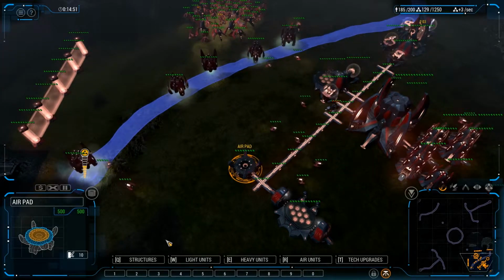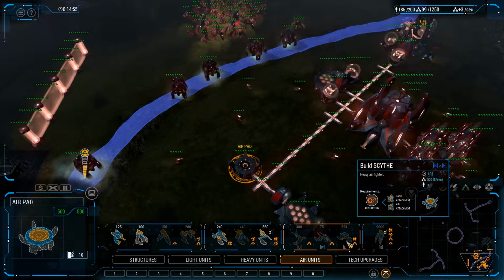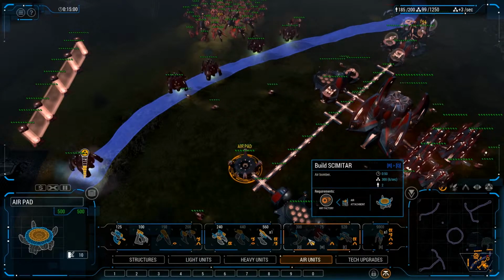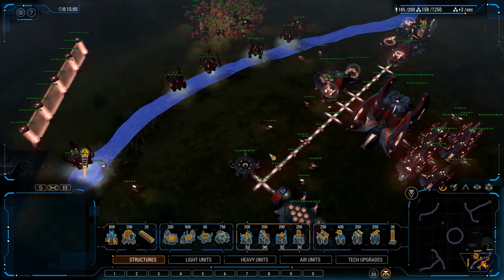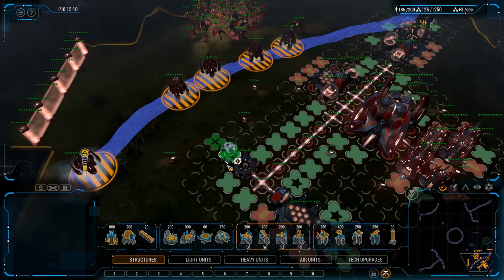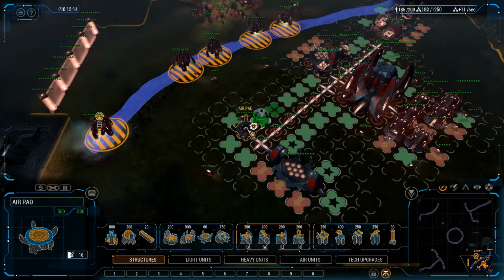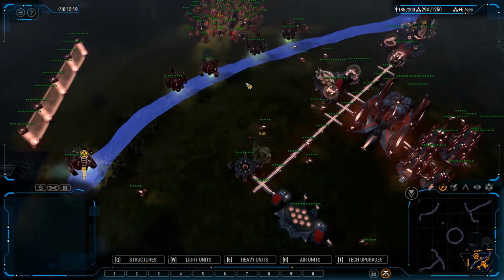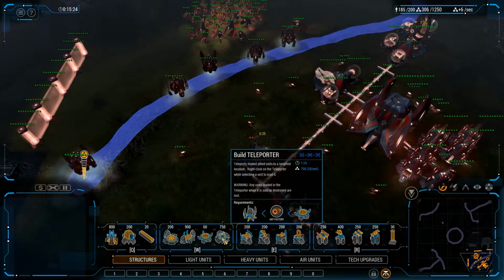Extractor complete. I'm probably going to grab a dagger. Oh, actually, no. Not a dagger. My bad. I want to grab a skimmy, or a monitor, is their air scout. So we're going to grab an air attachment on this guy, which I don't know if it'll let us do. We'll see. If not, we'll just have to build another one. And then we also want to try out the teleporter,